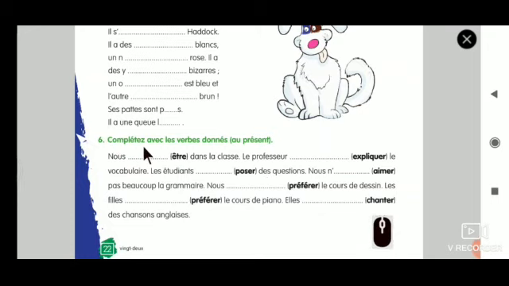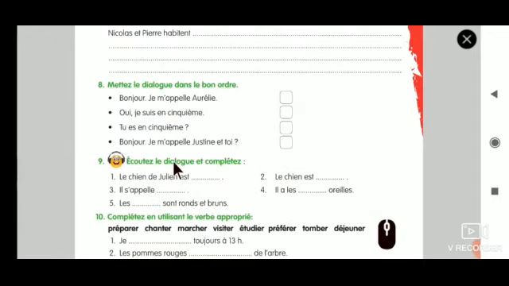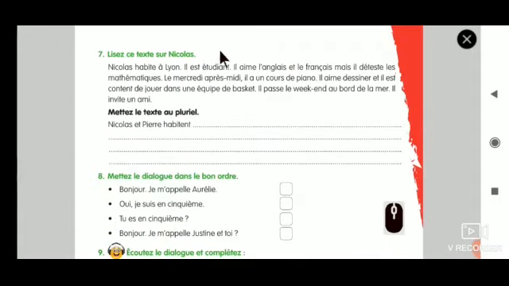So 1 or 2 will be at and over, that we have seen already in 6th standard. Okay, so this is also one important exercise you can revise. And exercise number 7 is para type. So you can try to answer this just by